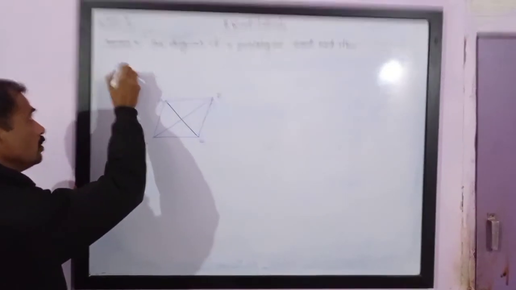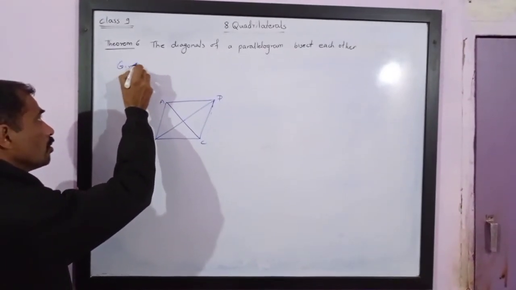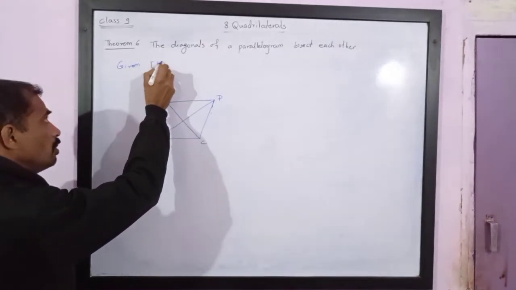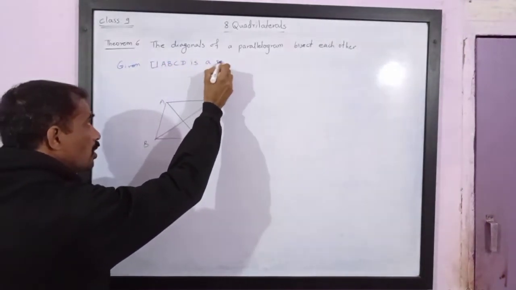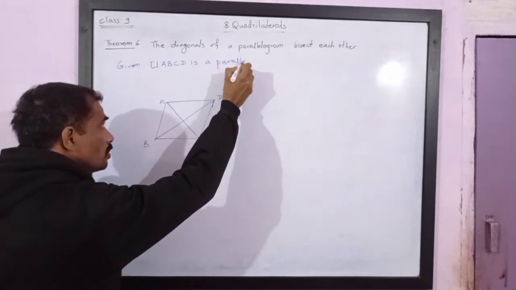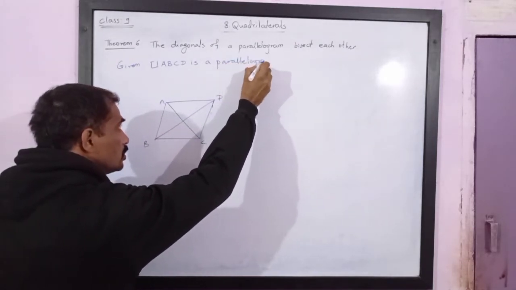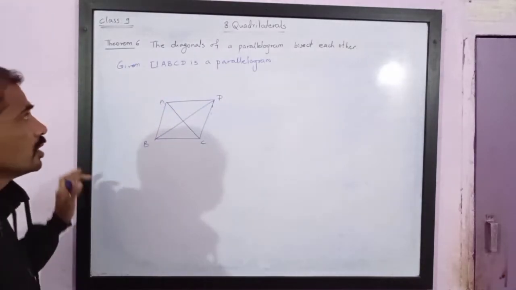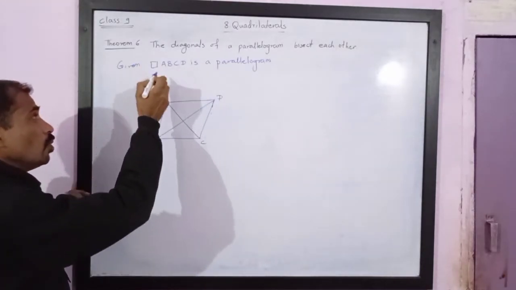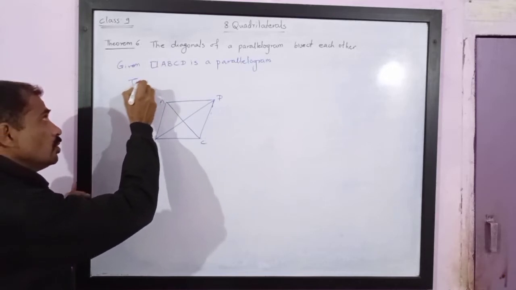So we are given quadrilateral ABCD is a parallelogram. ABCD is a parallelogram. This is given to us. If it is a parallelogram, it means its opposite sides are parallel. This is what it means. Now we need to prove, we are asked to prove